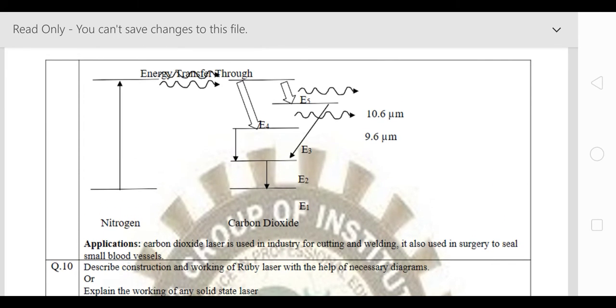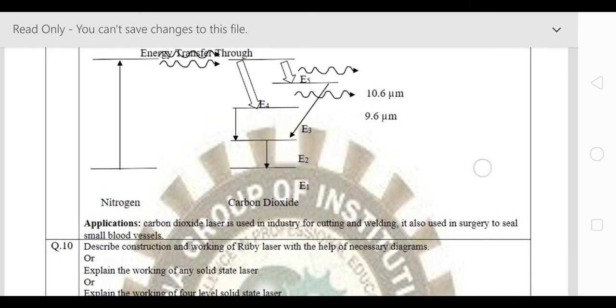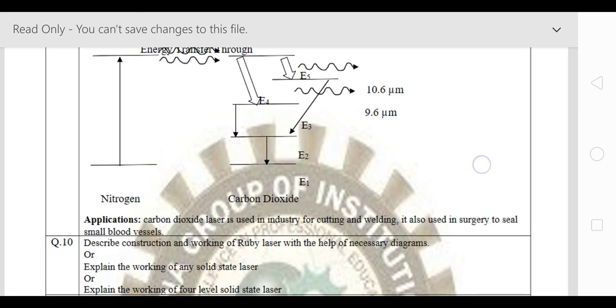So in the case of the carbon dioxide laser system, the laser transition is only from E5 to E3, and further from E3 to E1 energy level there is no continuous transition of any type of laser or radiation, because the presence of helium and carbon dioxide decreases the pressure. So the population inversion of molecules in these energy levels is also decreased.